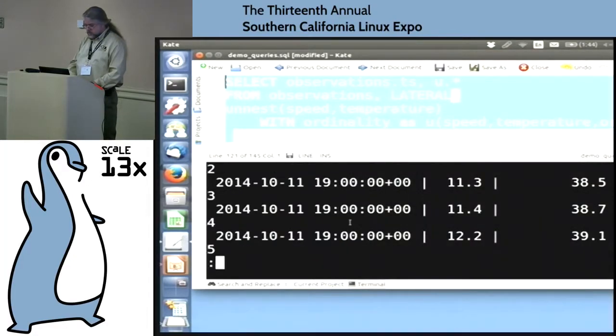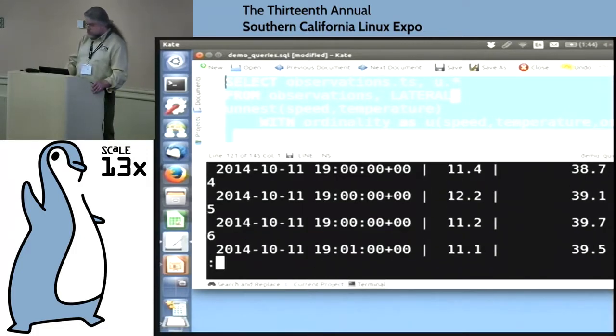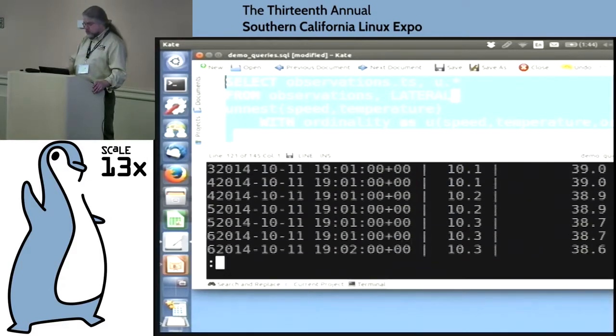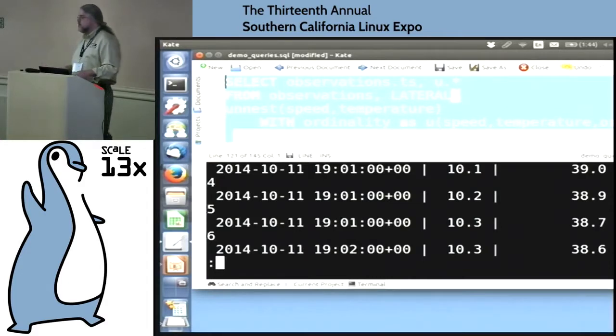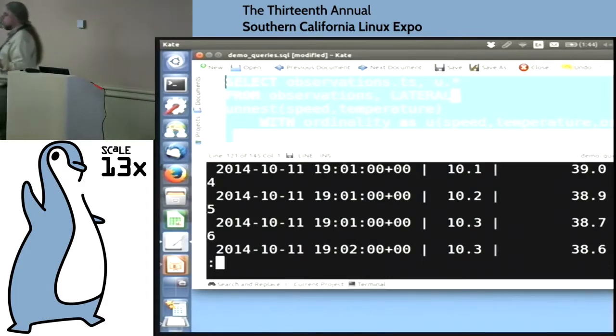So we can pipe that to terminal, and we see these observations where we've got our speed and temperature observations next to each other. In this case, this is a vastly simplified version of something we were actually doing. These are wind turbines, and what we were looking for was how quickly they heat up when they speed up. Now that we have the observations in rows, we can make those correlations, use a windowing query to compare the speed over time, and look at what the delay is between the speed up and the heat up.